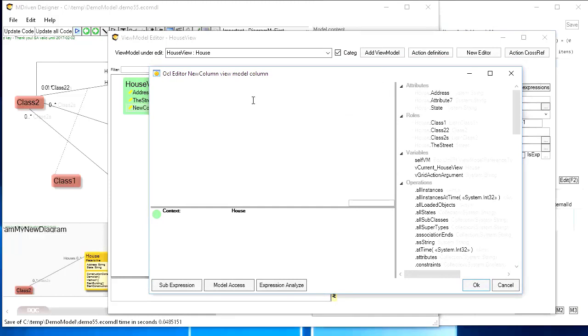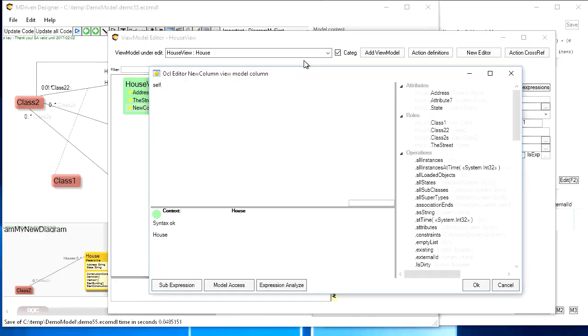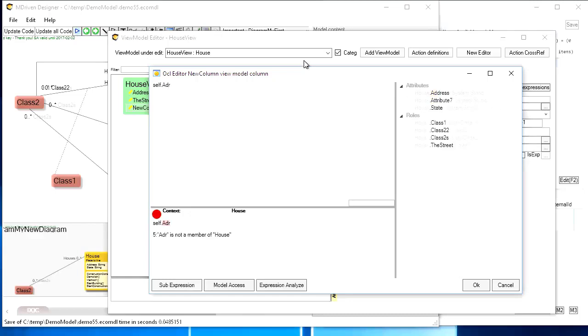So what I can do is write self for this is equal to the C#. This self is what we use in OCL, and you have the properties. So maybe I have the address like this,